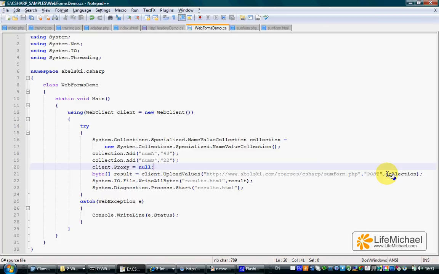And the third argument is the reference for the collection we created previously, a collection of two items. The first item, its name is num_a and its value is 43. The second item, its name is num_b and the value is 22. Calling upload values